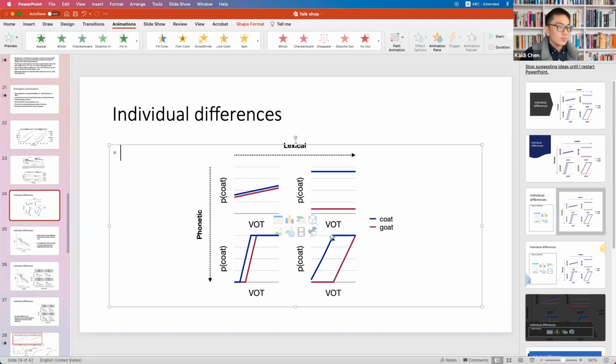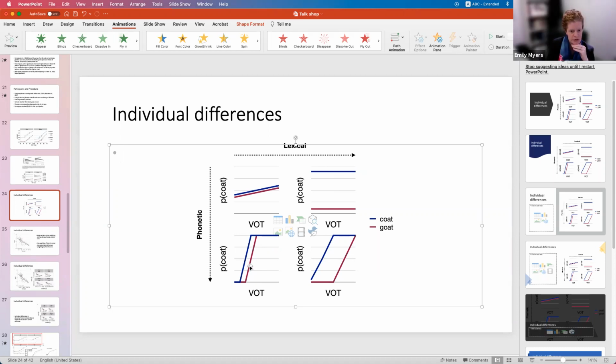So here on the bottom right, they could be both strong in lexical and phonetic. They could also be not sensitive to any of them. Here you can see the two lines: a very strong context effect, but they have no change because of the change of VOT. So some people in our data set are like this, super semantic but not sensitive to VOT. But also people here are sensitive to VOT, but don't have a very clear context effect. Got it. So that really helps.